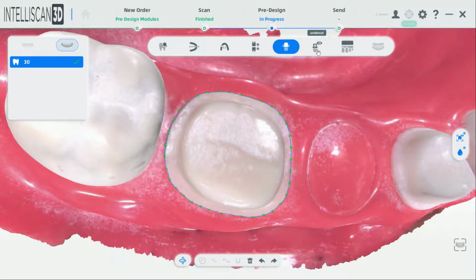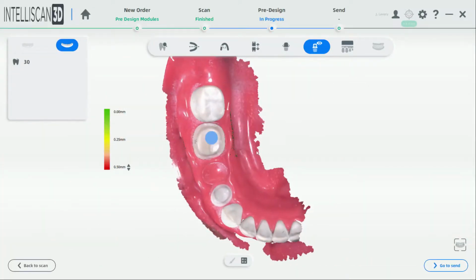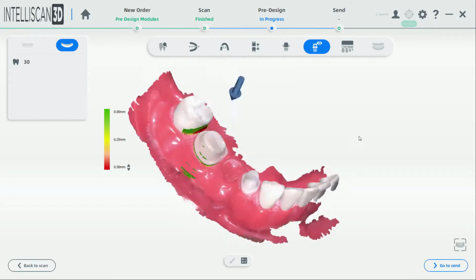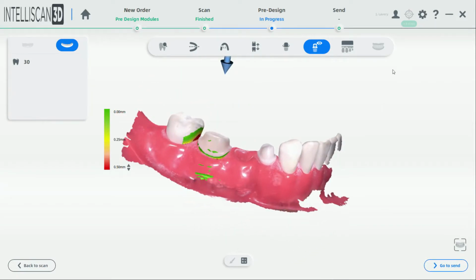So the last one we have is for looking at the undercut. The pin is located directly above the occlusal surface of the prep. When I rotate the scan, I'm able to just hover my mouse over any of the colored areas and it'll tell us what the measurement of that undercut is. You do have the ability to calculate the undercut down here,